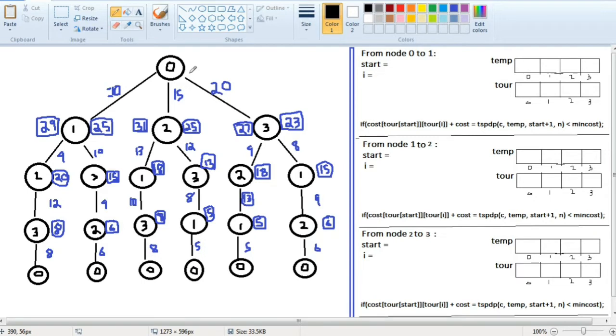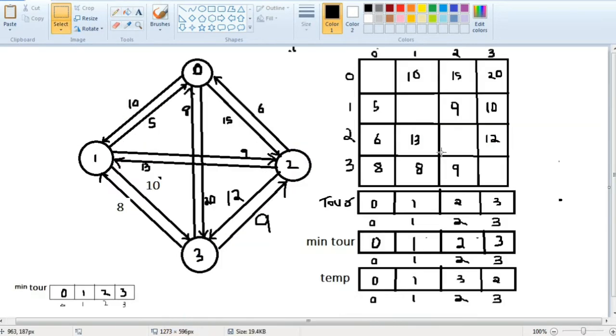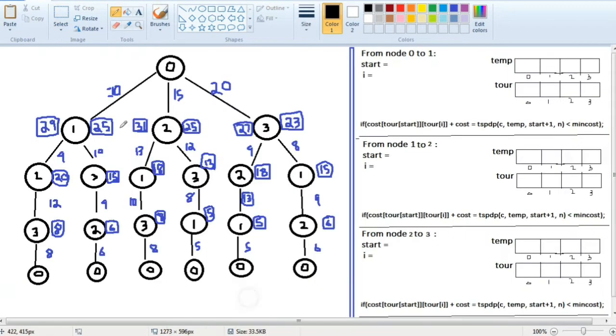How I have written it: from 0 to 1, what is the cost? By looking at this matrix, 0 to 1 it is 10, so I have written 10 there also. Then 0 to 2 it's 15, and 0 to 3 it is 20. So from 0 I have 3 choices. Either I can visit 1 first, or I can visit 2, or I can visit 3, right?